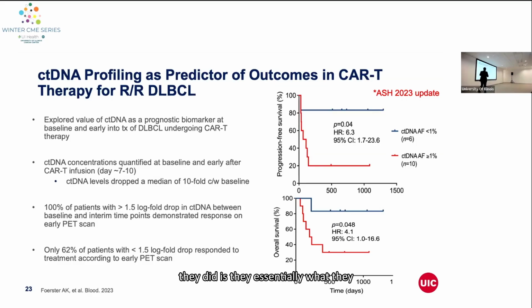What they did is they quantified circulating tumor DNA at baseline, and then they quantified circulating tumor DNA 7 to 10 days after CAR T cell infusion. What they saw almost unanimously is that the majority dropped tenfold comparing baseline to 7 to 10 days. And that's the rate that we would expect for that drop in the ctDNA for